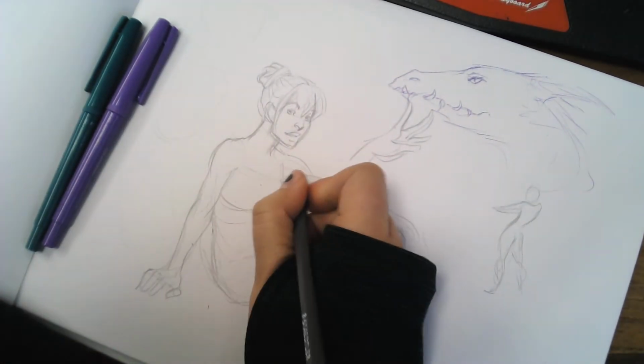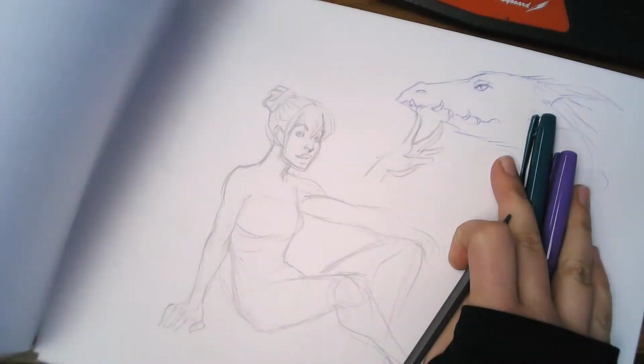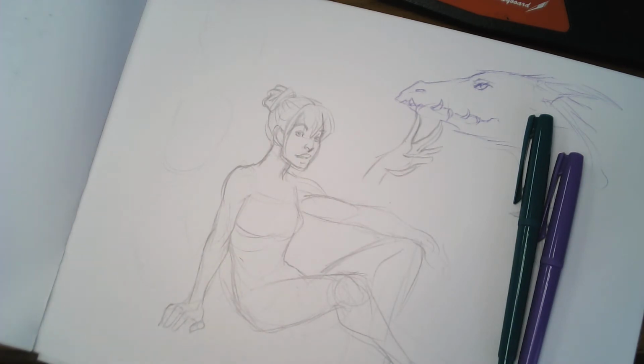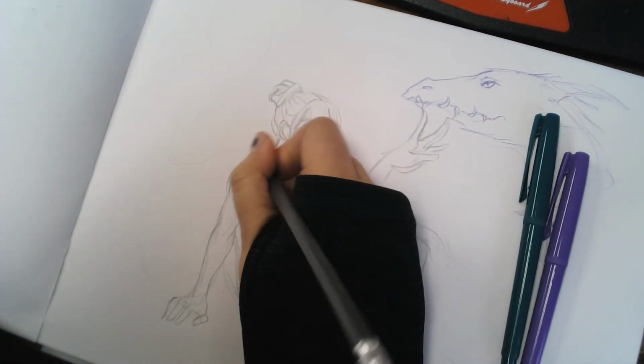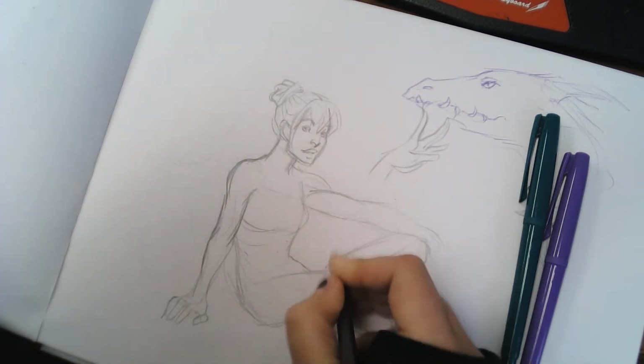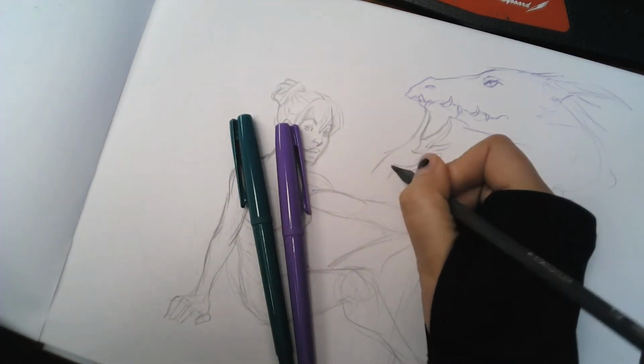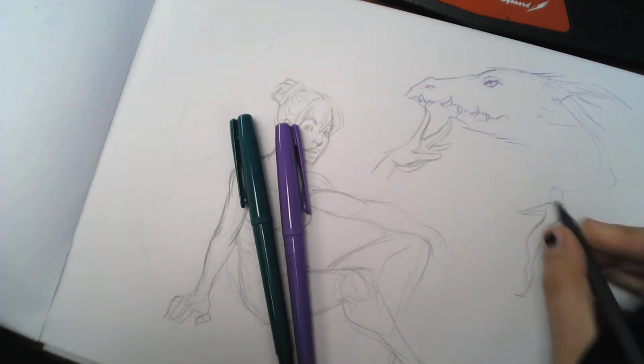Hey guys, so I'm just sketching. This sketchbook I got yesterday at Dollar Tree. It was $1.25. It is the shittiest sketchbook, but that's okay. I bought it. I'm going to finish it, or at least fill it with something, some practice stuff. So I've just been filling this sketchbook page and